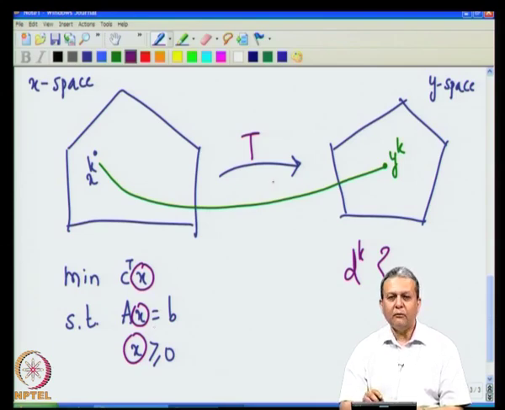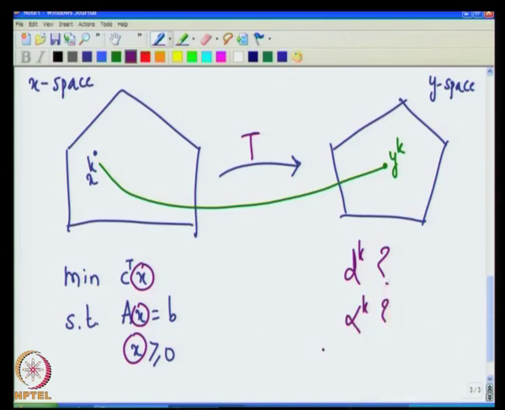Now, when we transform the original problem into a new problem, which need not be a linear program, how do we find the direction or the steepest descent direction in the new space which is projected onto the constraint set? So, that is the first question that we would like to answer. Now, having found the direction to move, the next step is to find alpha k, so that we would have yk plus 1 is equal to yk plus alpha k dk,